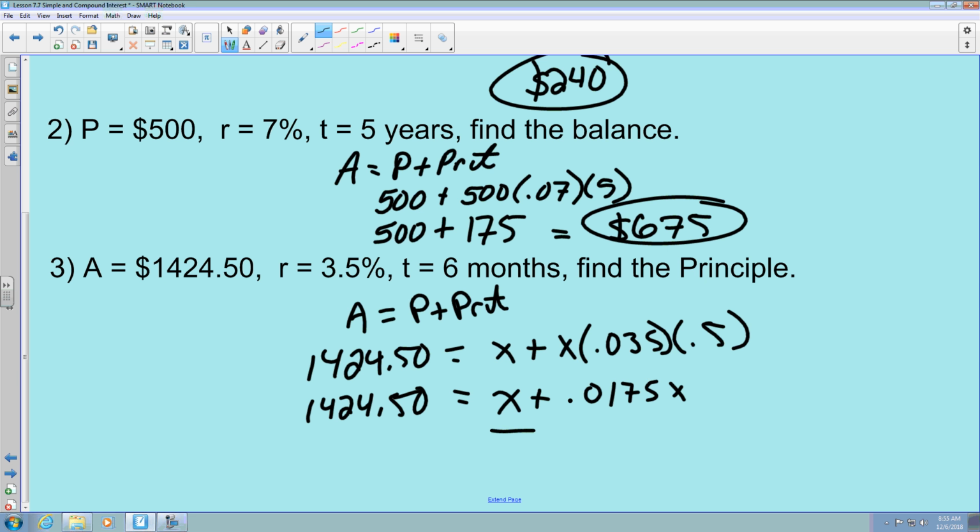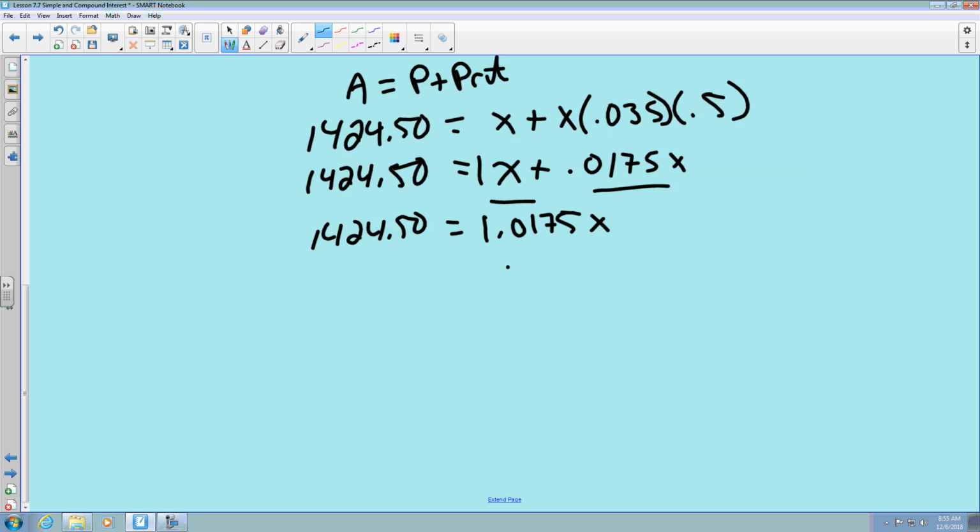Okay, now these here are like terms. You got to pretend that this is a 1. And so 1 plus 0.0175 is actually going to be 1.0175. And then you attach the x because you have the like terms. And that's going to be equal to 1424.50. Final step is divide both sides by the 1.0175. And when you divide those out, you get